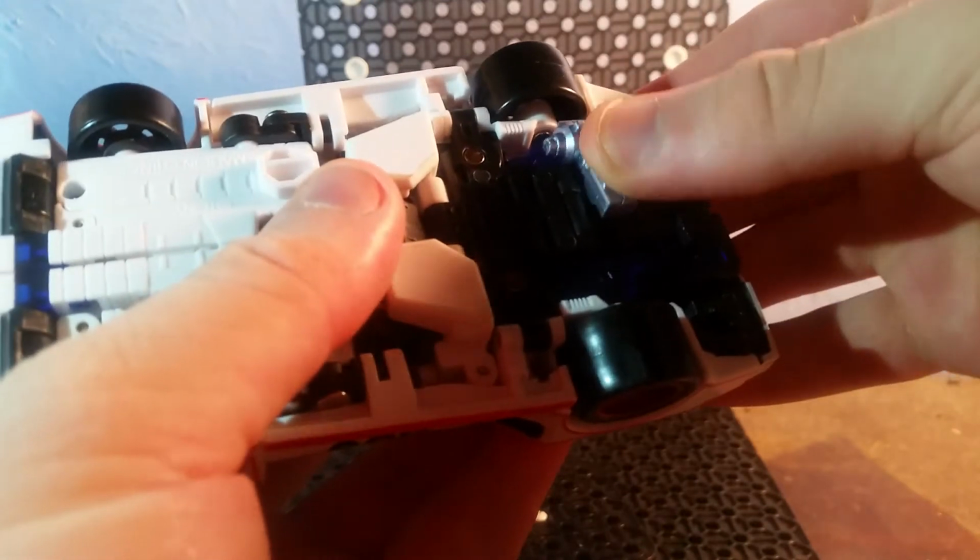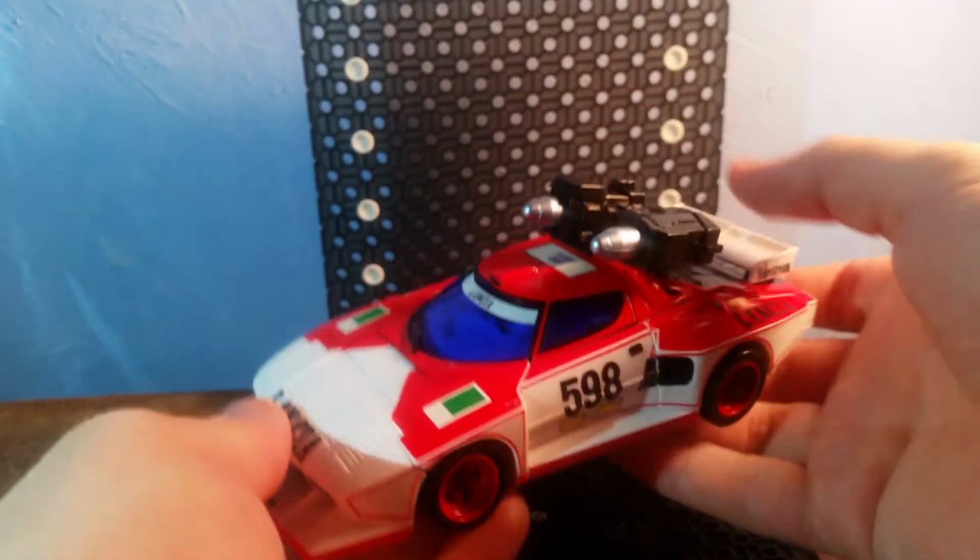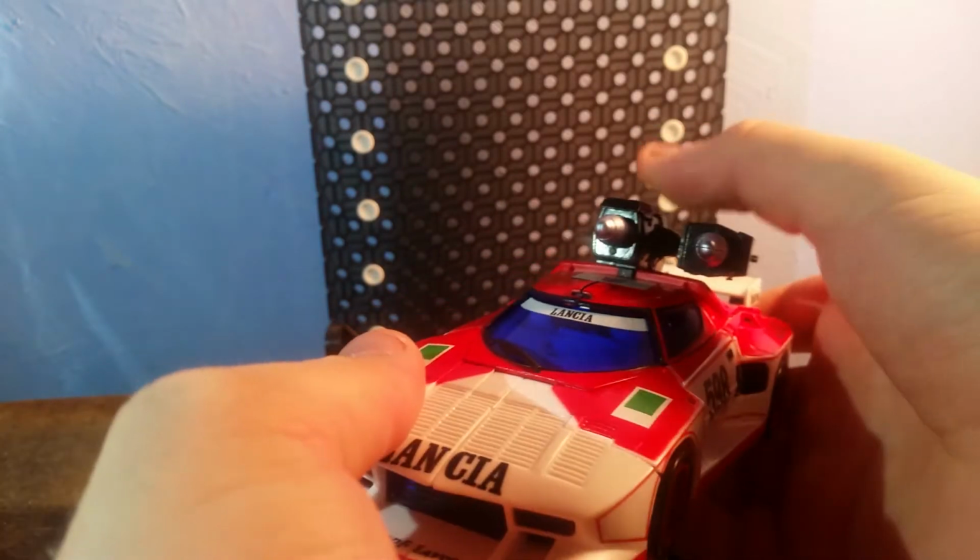Go camera. Can't see what I'm doing because I am a blind idiot. There you go. Looks stupid as all hell, but